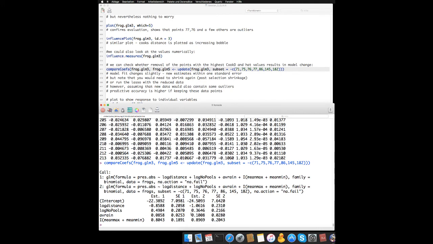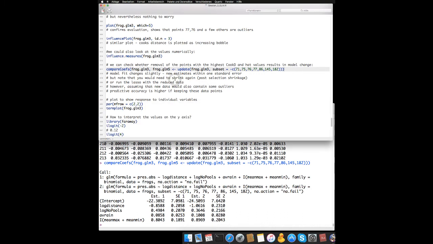Instead of the log number of pools, we actually have an increase in the regression coefficient. So our model fits the data better if we remove this outlying data. This actually means that we have a much better fit to the data. But in our next data set, unless we are really convinced that such deviating points are real outliers and should